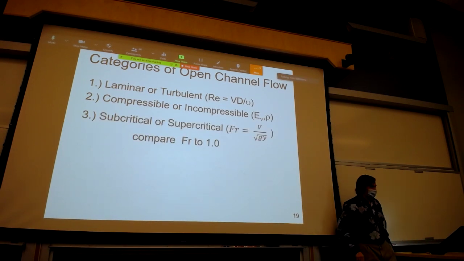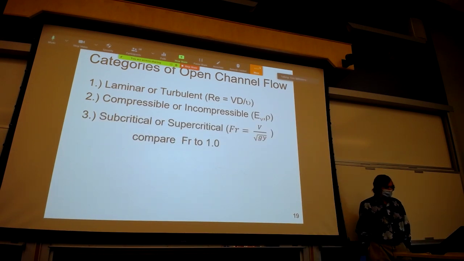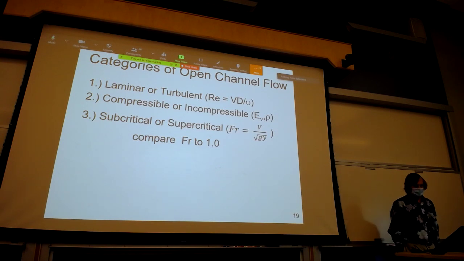When we were in lab, we talked about what is supercritical and subcritical flow. We typically use the Froude number to describe this, average velocity over the square root of acceleration due